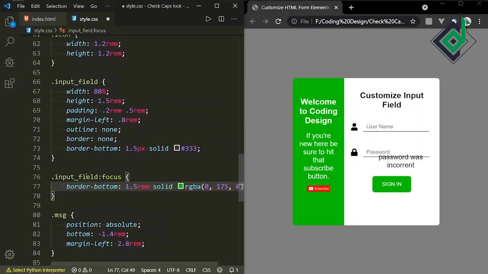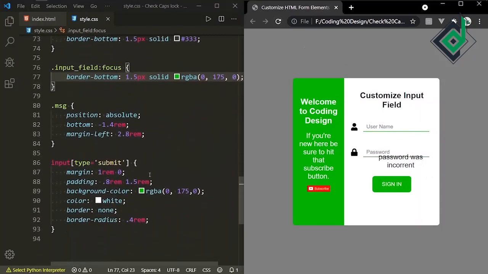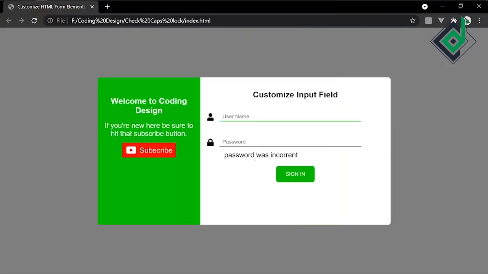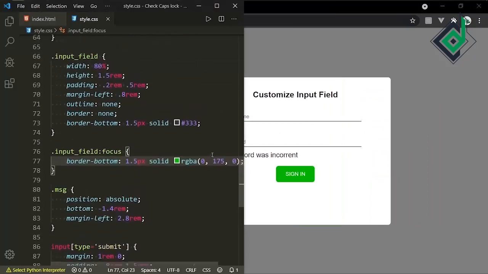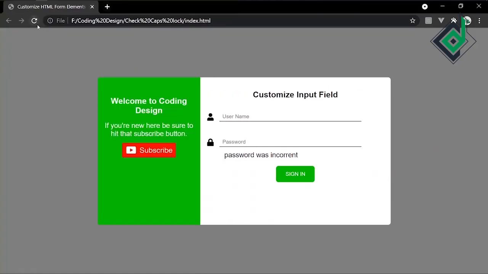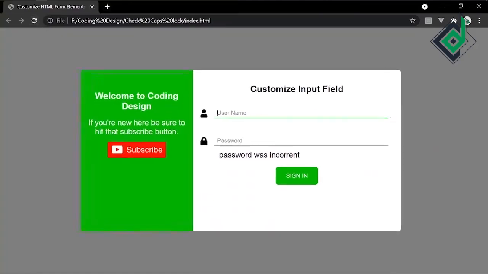So if I refresh the browser, now you can see when it is focused, you can see the green border at the bottom side. Now if I go to the browser, let's change the input field's width to 90%. Now if I refresh the browser, okay, now it's looking good.